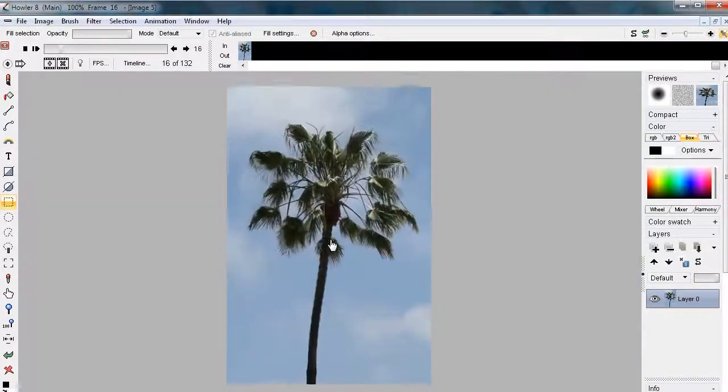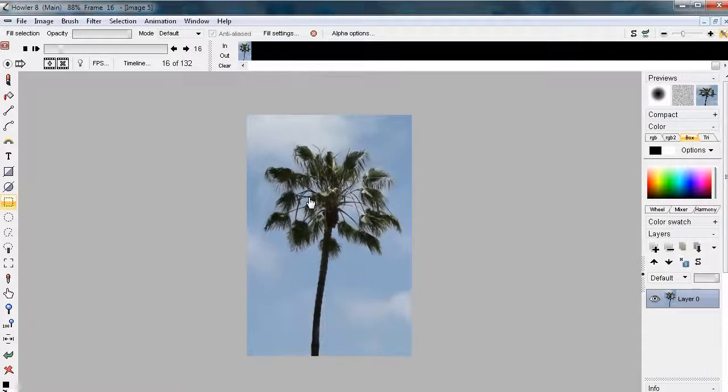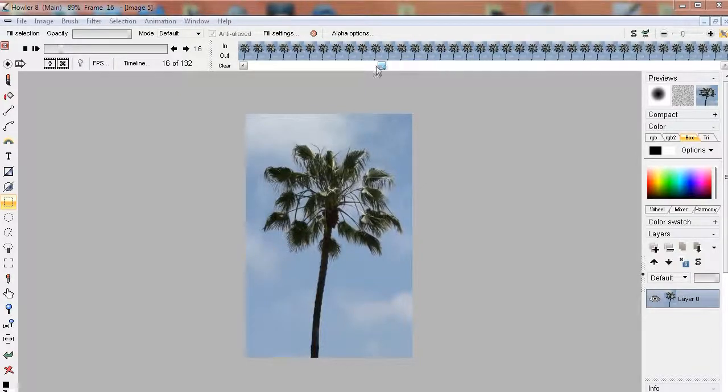And so what we need to do now is simply key the background to turn it transparent. But we don't want to do that on just this one image. We want to do that on each and every frame that we have here, and we want to keep that alpha channel for every frame individually. Each frame will have its own alpha channel. Now we don't do that in an animated fashion on the main image here, but we do that in the